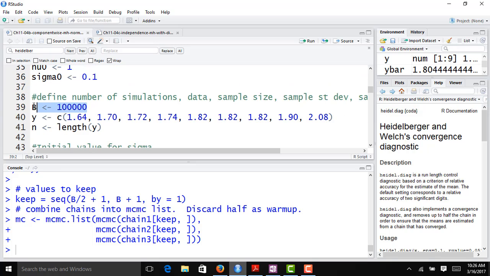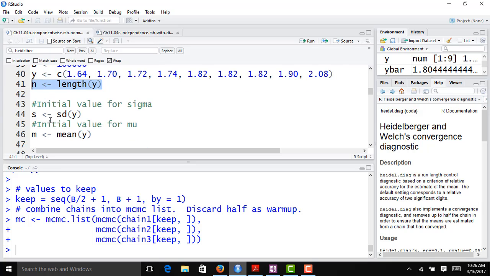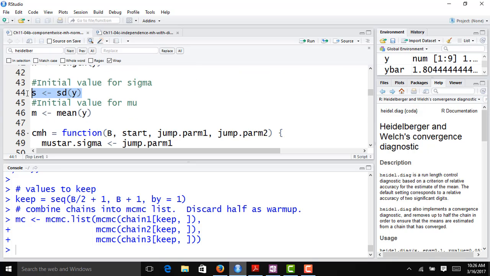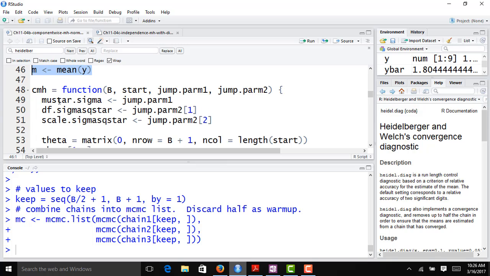Now I want 100,000 iterations in my chains. Here I'm reading in the observed data. I obtain the length of the observed data, and then I'm setting some values like S, which is the standard deviation of the observed data, and M, which is the sample mean of the observed data. So now I'm going to have this